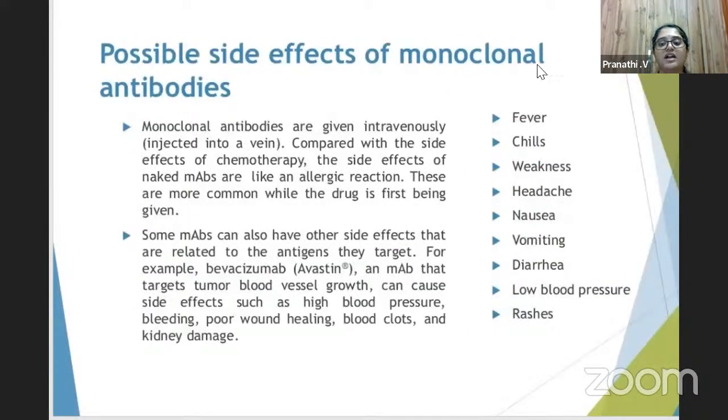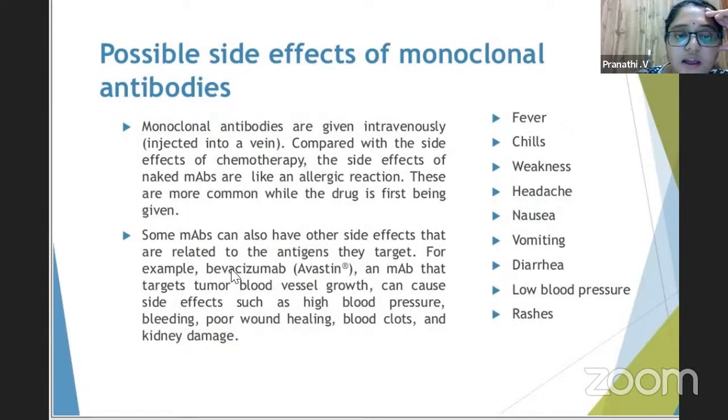Side effects, of course, you'll have different kinds of side effects based on the type of monoclonal antibodies that are being used, because it will help in starting complement fixation also. So that is the reason why, in chemotherapy, you have different kinds of monoclonal antibodies that are used. See, Avastin, bevacizumab, or anything which ends with MAB is known as a